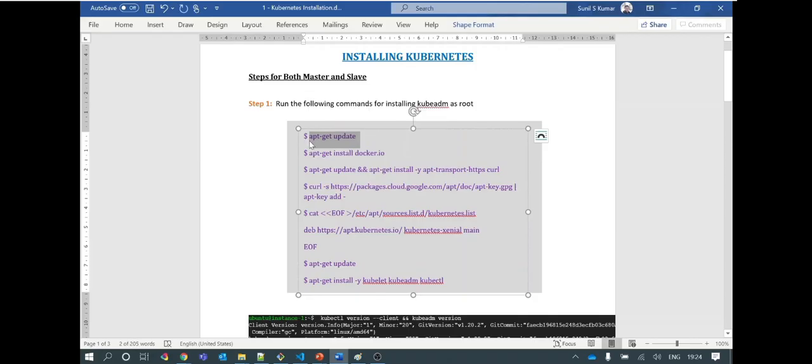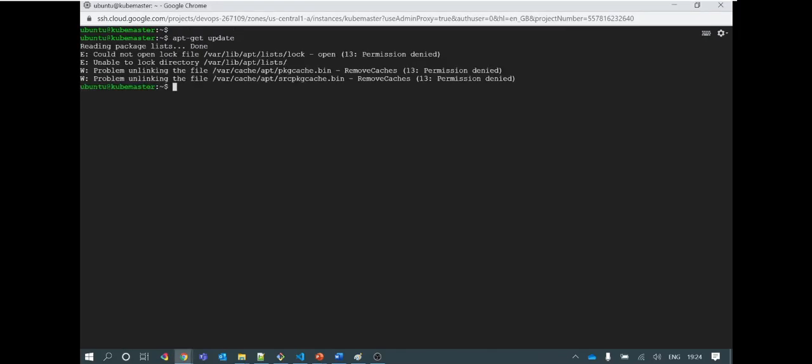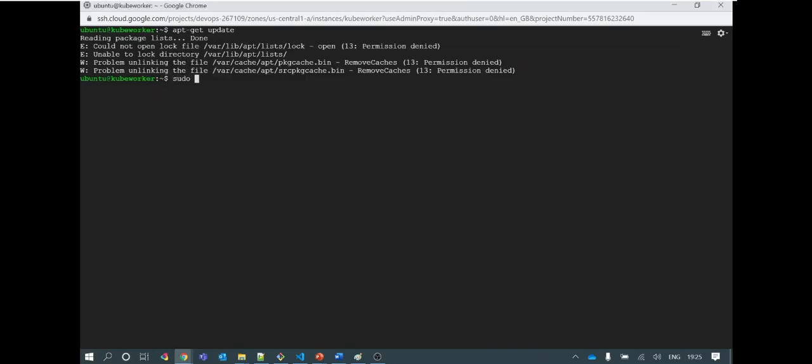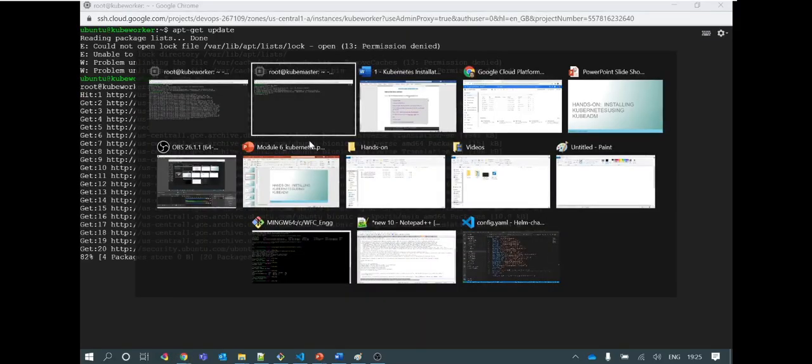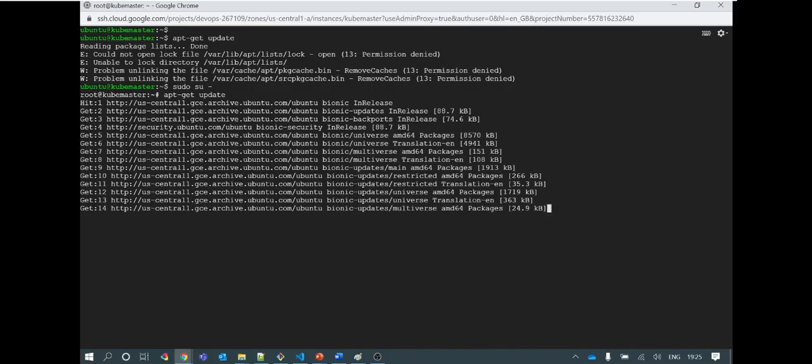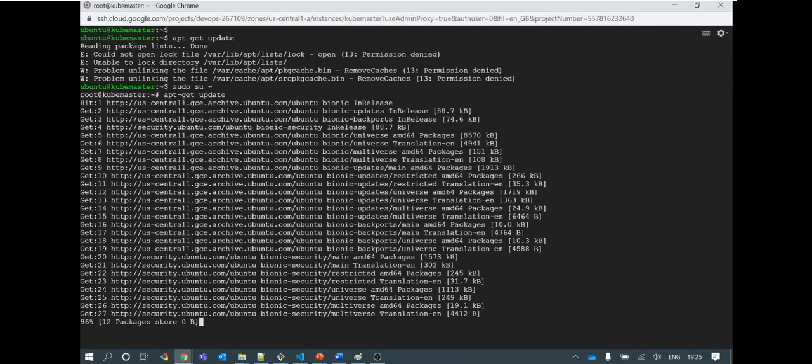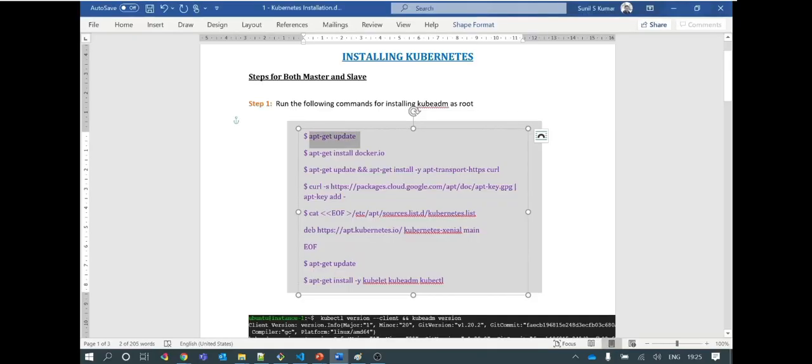First, let's update the repository on both the machines. I need to run this as root on both the machines, so I will use this command. I have become root. Of course, you need to be part of root, then only will you be able to switch to the root account and run this update. You can use sudo also, like we did earlier, but because we need to run multiple commands here, I will simply log in as root and run every command. If you are part of root, you can append sudo against every command like this, and you can run with your own user also if it is part of the root account.